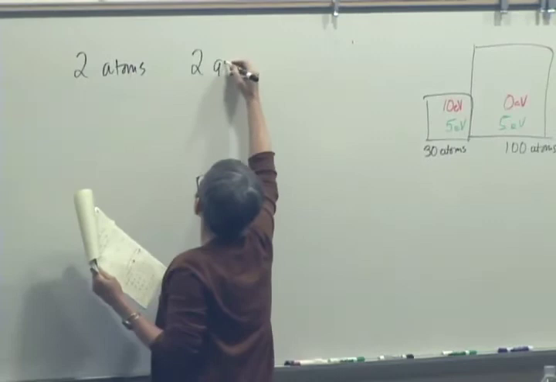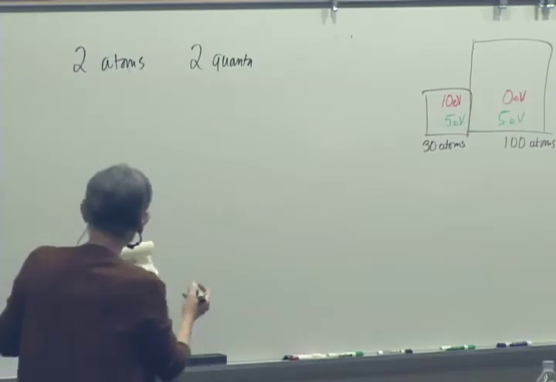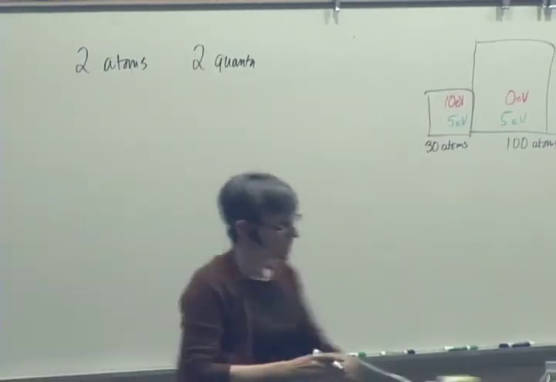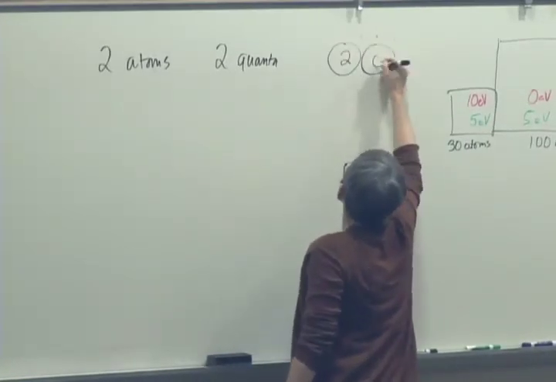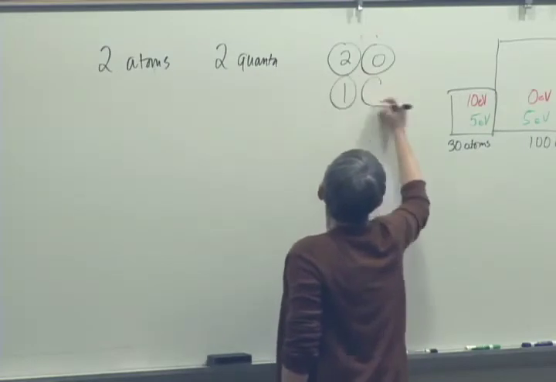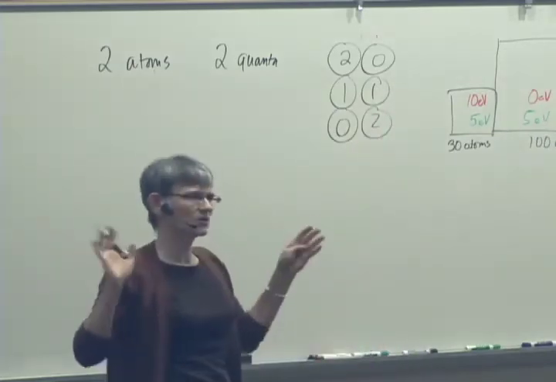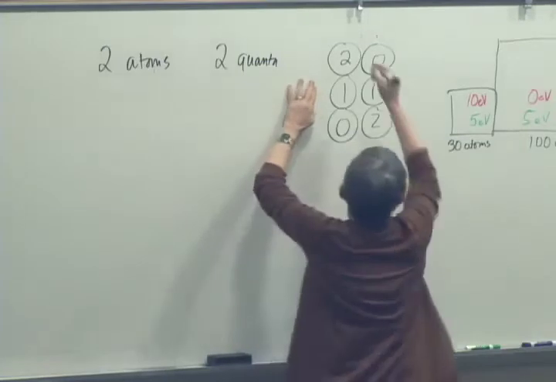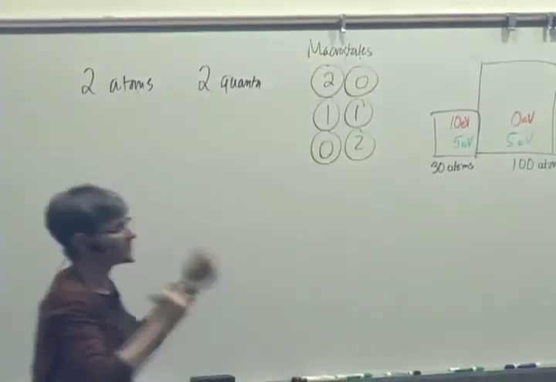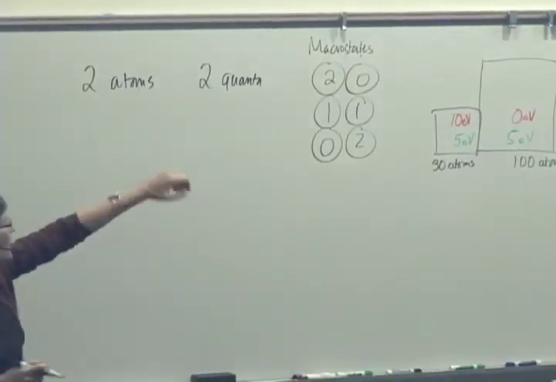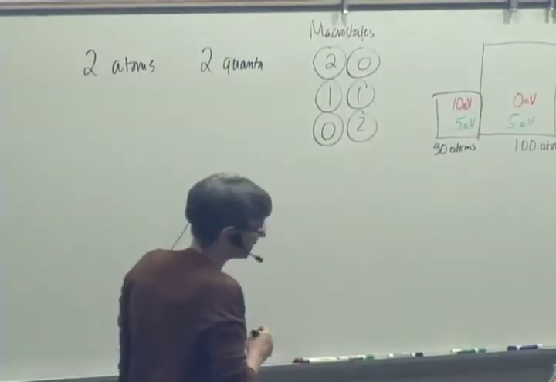So here, the simplest system we took was something like two atoms and two quanta of energy. And the question is, what do we expect? Do we expect 2 quanta here and 0 there? Or do we expect 1 and 1? Or do we expect 0 and 2? These are the possible macrostates. So if we randomly reached into a bag that had lots of these 2 atom systems and we pulled one out, what would we be most likely to find?